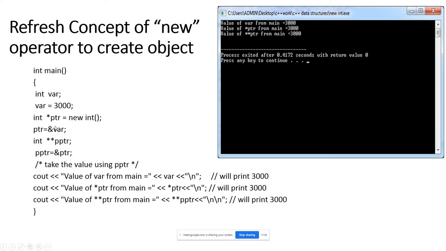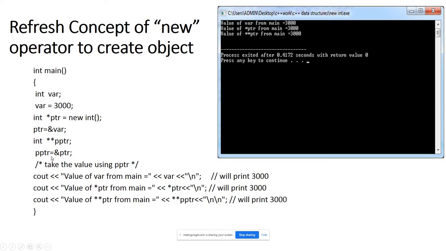There is a data, and if you want to create another integer memory unit, you can simply create a pointer, integer star ptr, and the ptr will be initialized with a new integer address. So you can say the ptr is initialized with the address of the var,